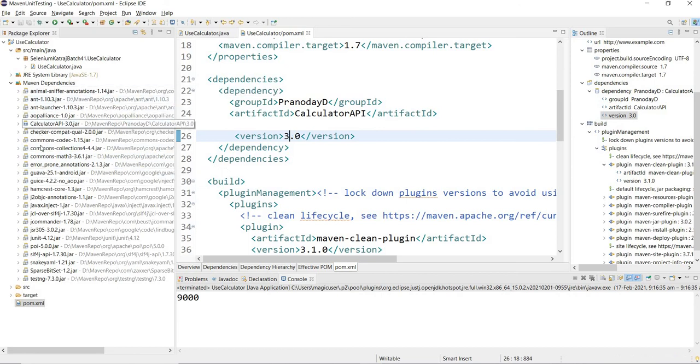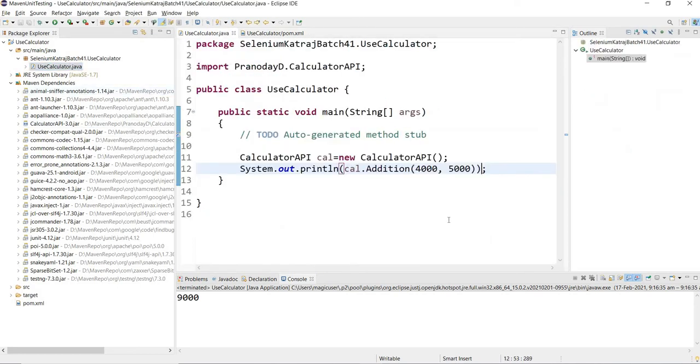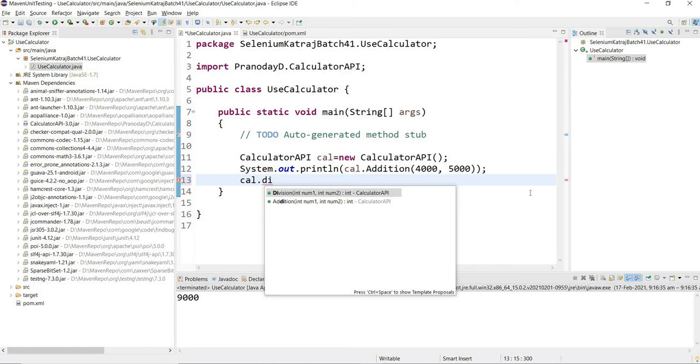I'll show you now. You can see the calculator API 3.0 jar got connected to this project now, right? Now if I say cal dot, I will get my newly released function here.